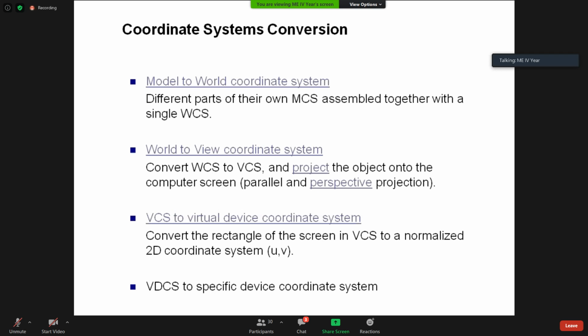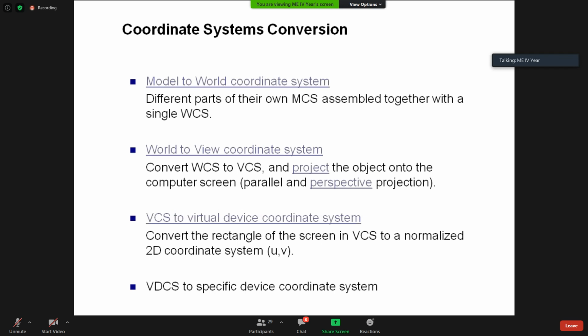Then world to viewing coordinate system. Converting WCS to VCS is to project the object onto the computer screen, with parallel and perspective projection. We are not talking about perspective now, only parallel, because we have already come across parallel projection. Perspective is not in the syllabus, even though it was in the first year also. According to the mechanical point of view, perspective is not used.